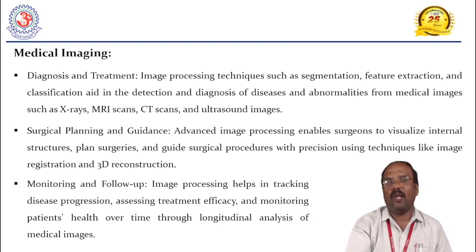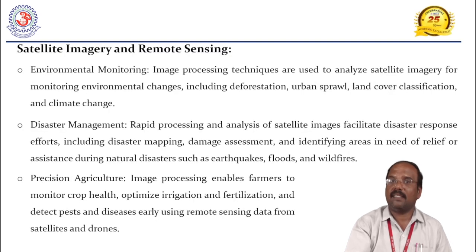While you are taking an MRI scan, in a fraction of a moment you can have at least 496 images, which come under your pixel values. That is also placed in it. Now you are moving on to satellite images and remote sensing also. Here the first thing is environmental monitoring.